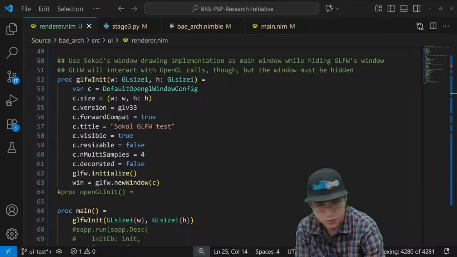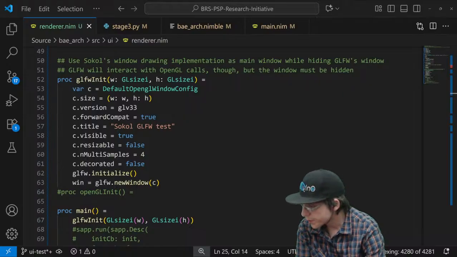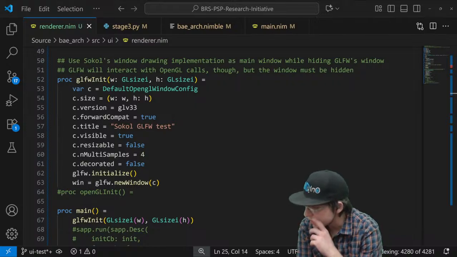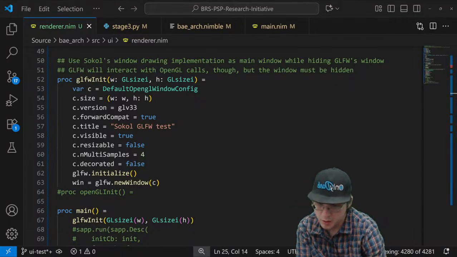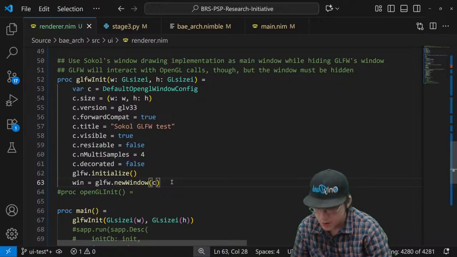Let's go to triangle. Size, title, forward compatibility. I do want to set the profile. That I definitely want to set here.